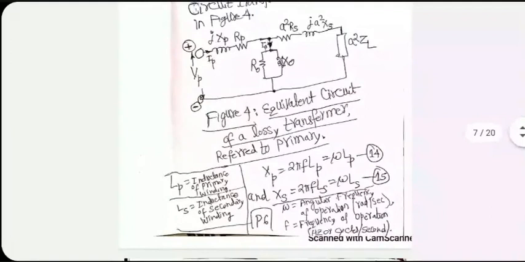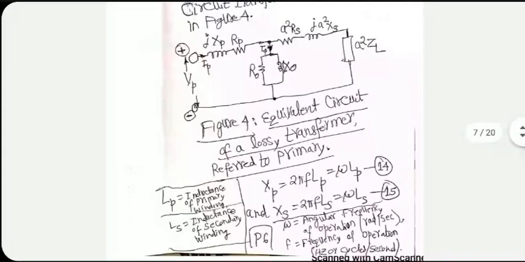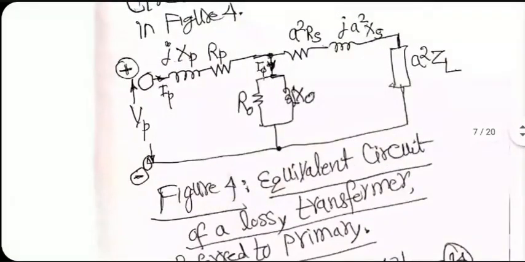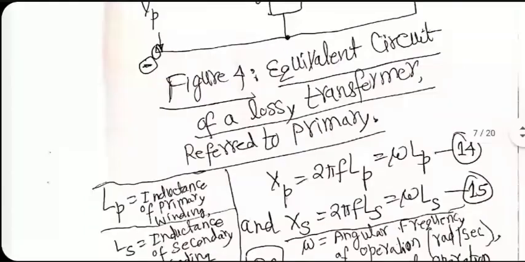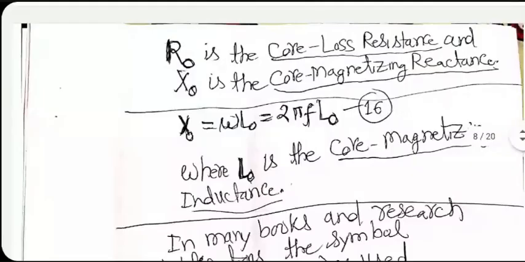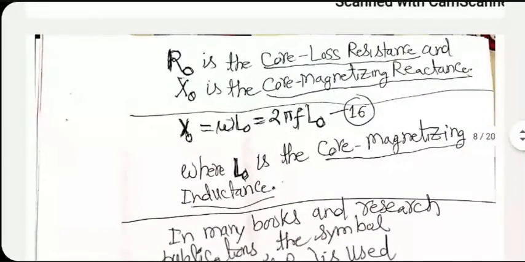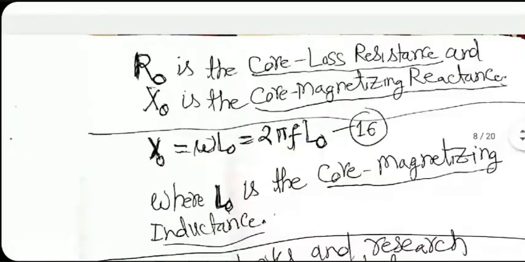Now suppose the core loss was not too high. That can happen in many situations. In that case, you can completely forget the parallel circuit in the middle. Then the equivalent circuit becomes even more simple. By the way, the core may also be specified in terms of inductance rather than reactance for magnetization. In that case, you have to multiply the inductance L0 by 2 pi F to get the reactance.